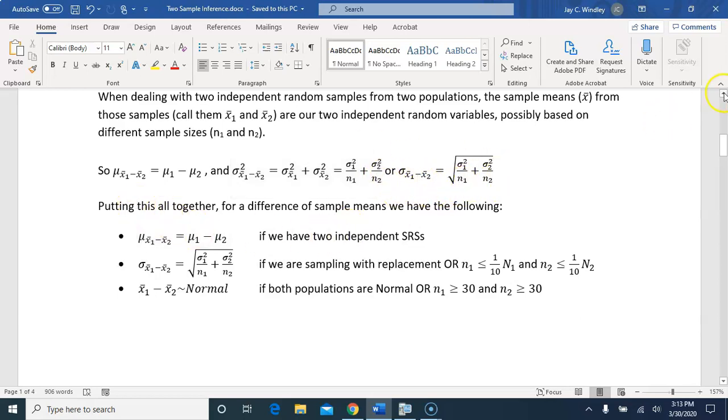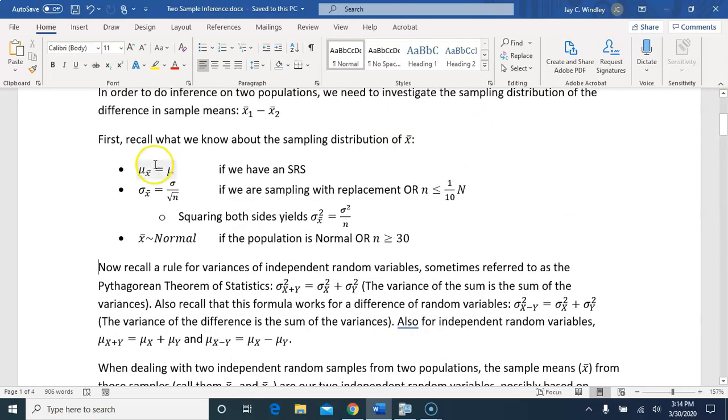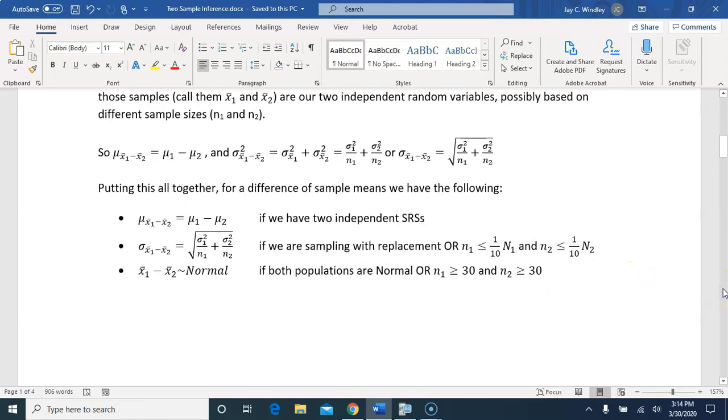So similar to the 3 bullet points we had for the distribution of x bar, the mean of the x bars, the standard deviation of the x bars, and the x bars being approximately normal, we have something similar for the difference between two independent x bars. The mean of the difference between the x bars is the difference between the population means. The standard deviation of the difference between the x bars is this radical expression, and the shape of the difference between the x bars is approximately normal,